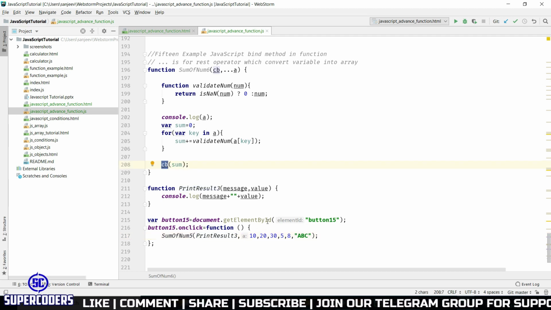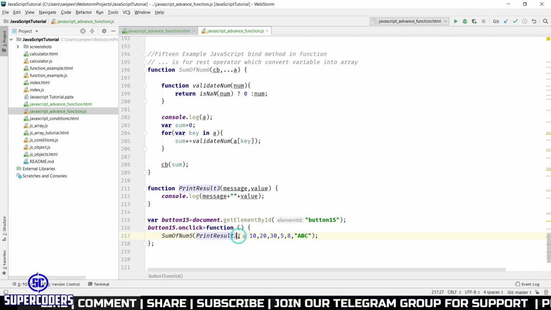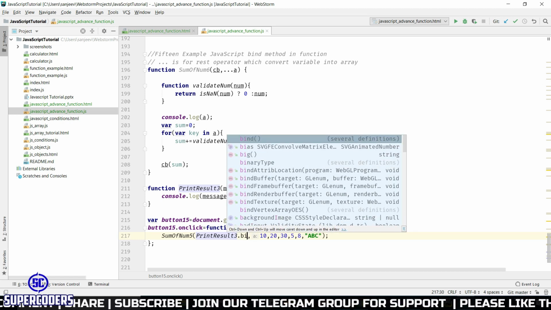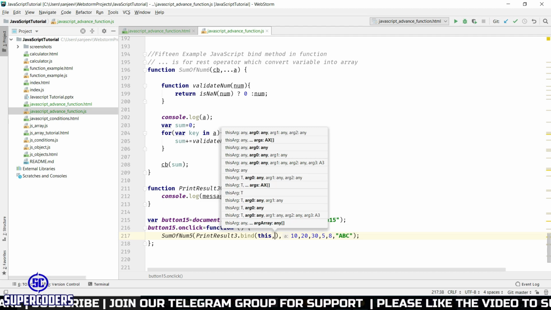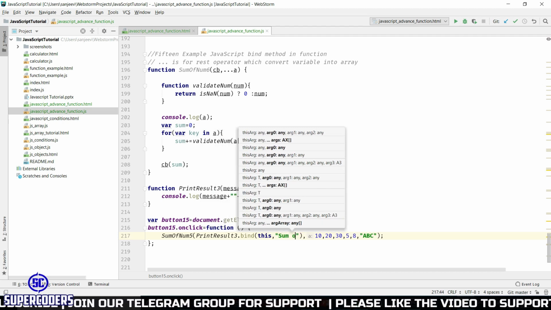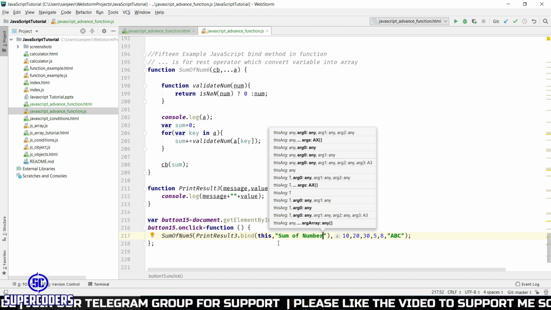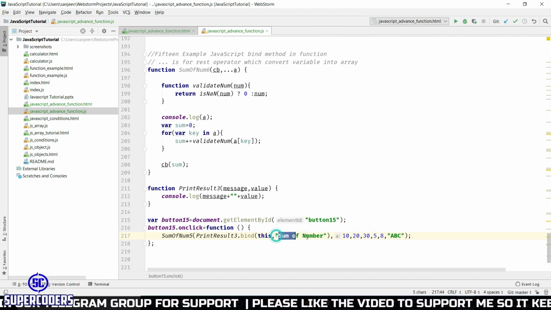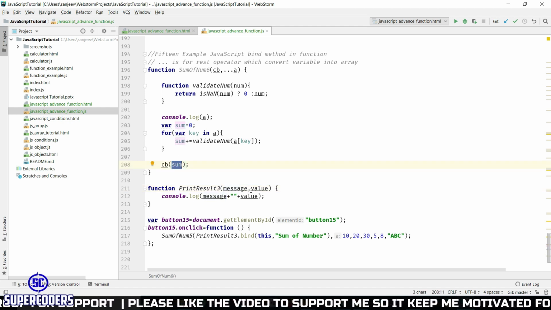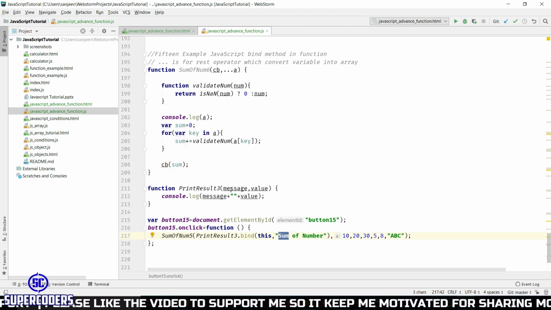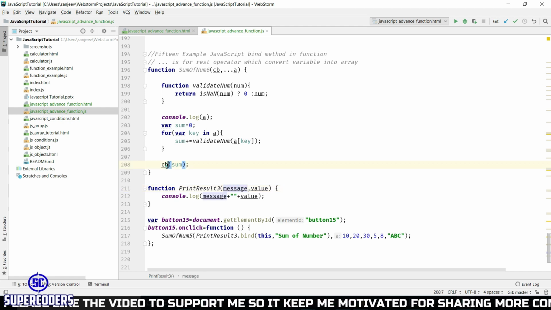Before calling, how do I assign a value in the function? You need to use bind. So adding dot bind, then passing the first parameter, which is this, then passing the value sum of number. This will automatically assign the first parameter, message, and after assigning any value, it will automatically append the value in the next parameter. So the first parameter I already passed, then the second parameter is passed by CB.